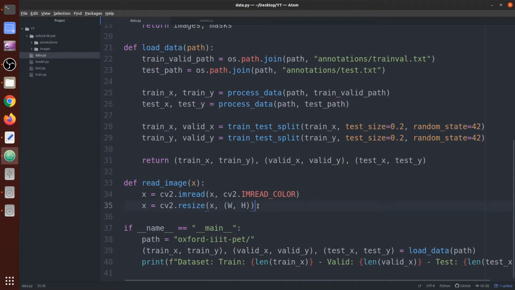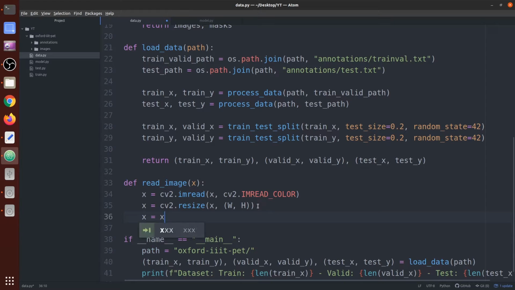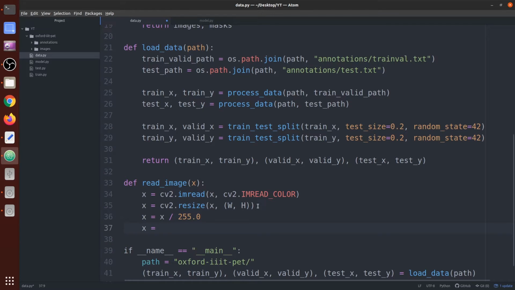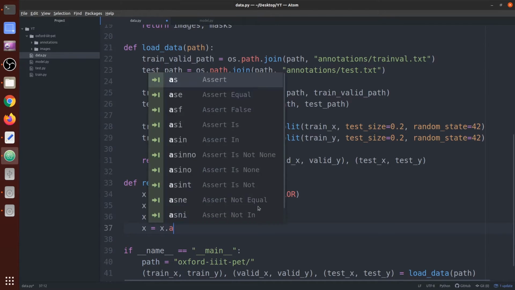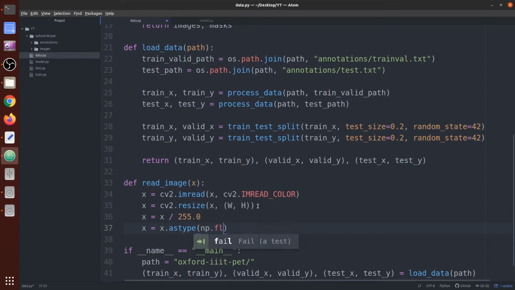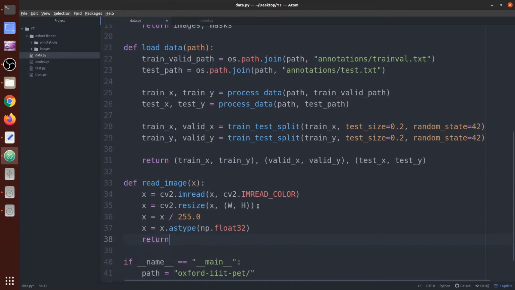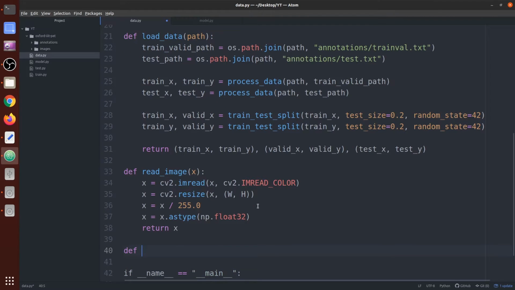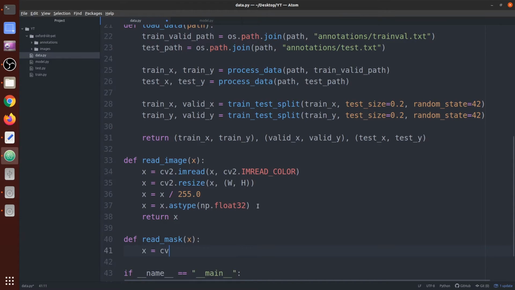So we specified it. Now let's normalize the values by dividing the image by 255, as 255 is the largest pixel value. Now the image, that is the array, contains values between 0 and 1, so it will normalize all the values. Then we return it as a float32. X is equal to x.astype(np.float32) and return x. Okay, so this is the function that is going to read the image from a path. Same for the function read mask, x equals cv2.imread